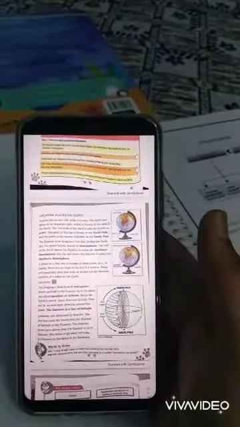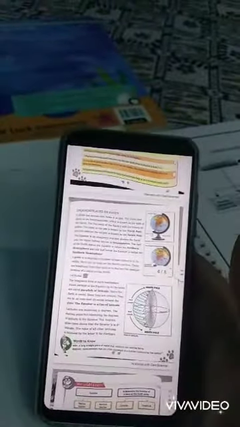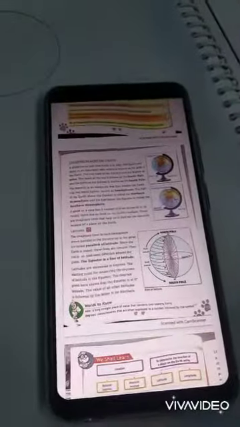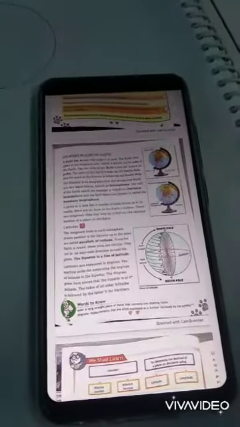For that I am just going to read out this image and then I'll start explaining, and for your betterment I have already drawn one circle here. See, it is written here, look: how to locate a place on earth.